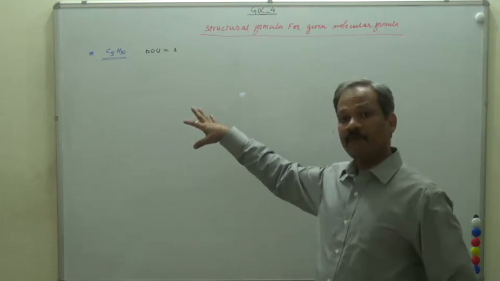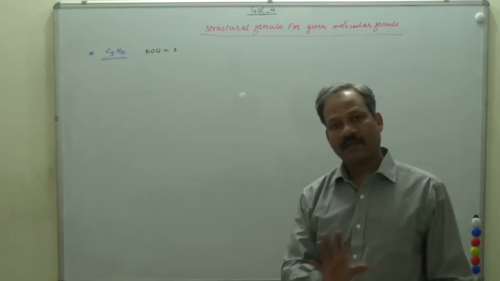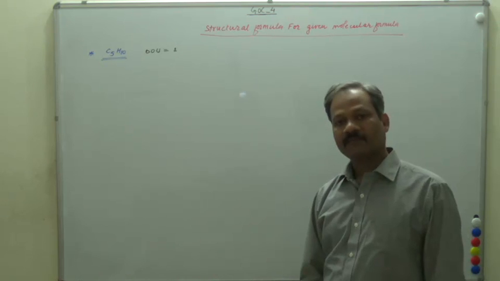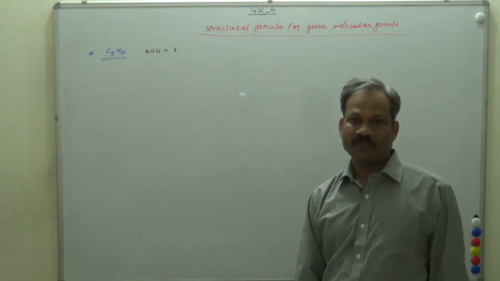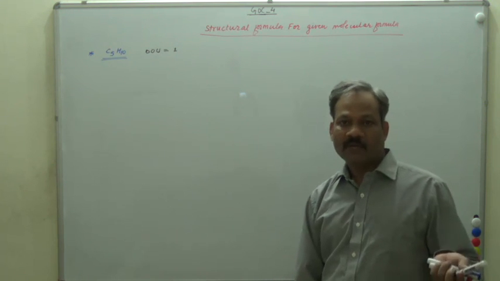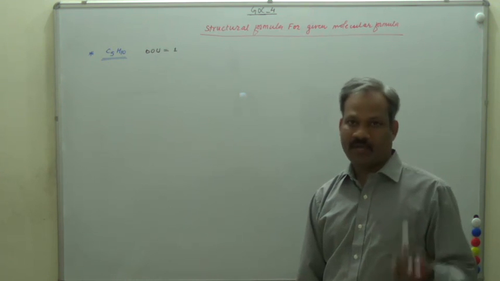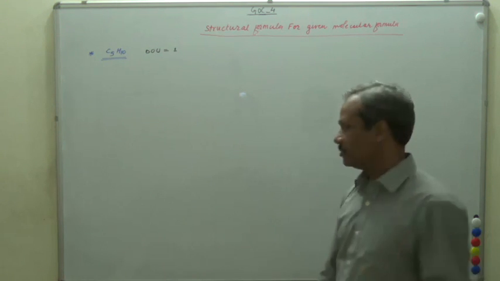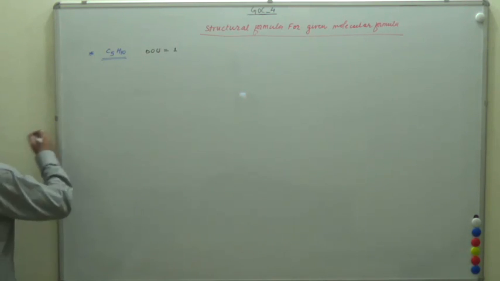It is already in the form of hydrocarbon, and now convert it to the corresponding alkane. An alkane of 5 carbon atoms contains 12 hydrogen atoms, C5H12. So the difference of hydrogen atoms of the corresponding alkane and the hydrocarbon is 2, and half of this 2 is 1. So in this compound there is 1 degree of unsaturation. So